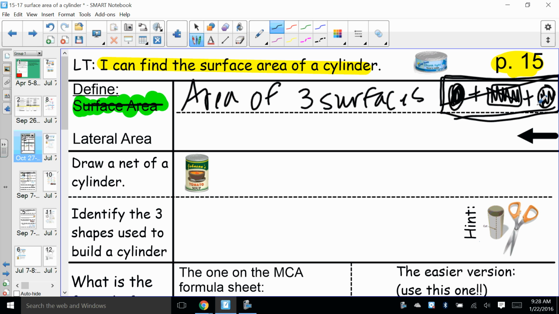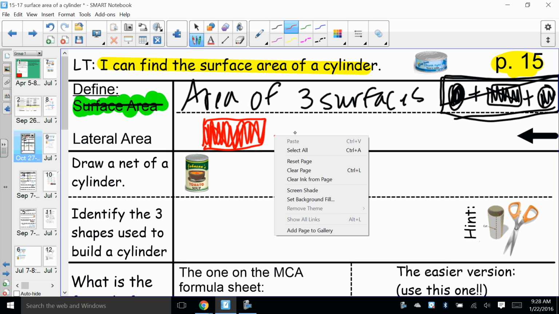Okay, but before we do that, we're going to talk specifically about the lateral area. So the lateral area comes up in this way. It's really just the rectangle that wraps around. Now, a lot of kids would be wondering why we would be focused on just that lateral area, not the circles. Well, if you think of any soup can,